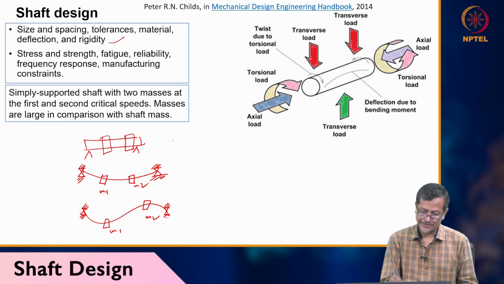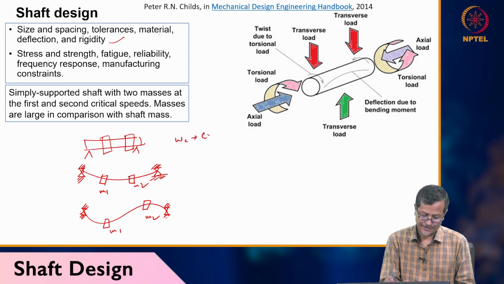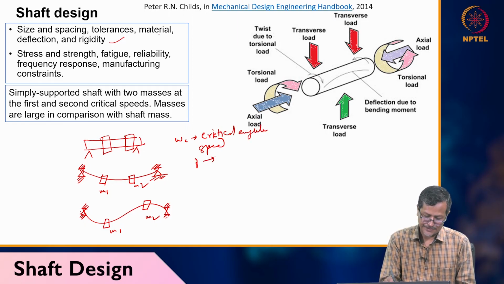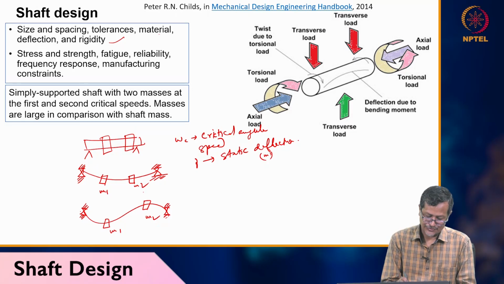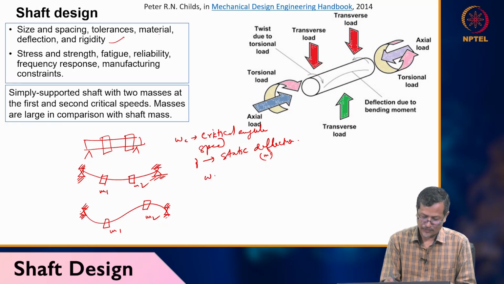So WC is critical speed, critical angular speed. Gamma is your static deflection at the location of the mass, and G is the acceleration due to gravity. Omega 1 is the critical speed if